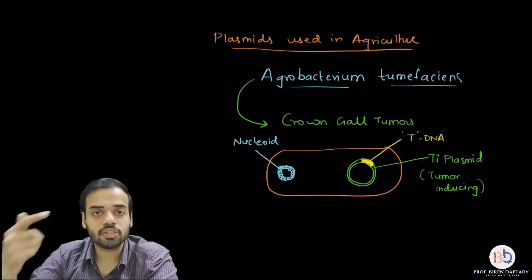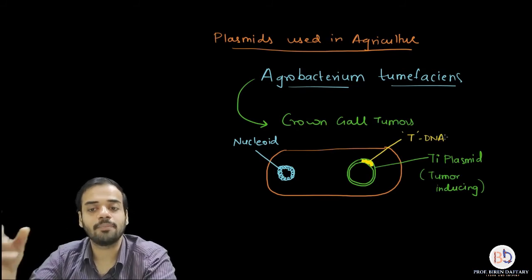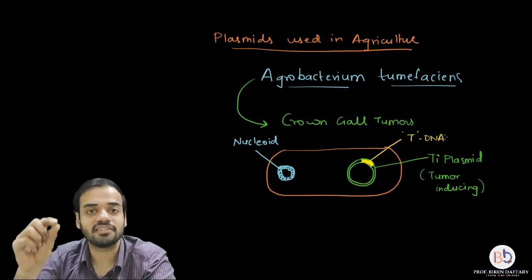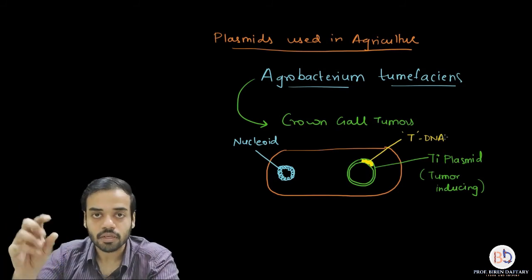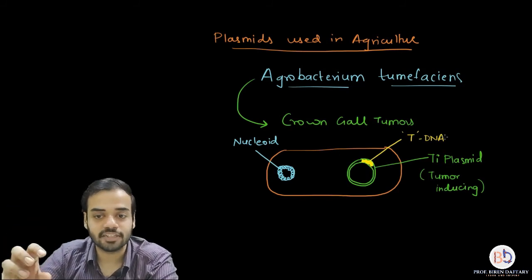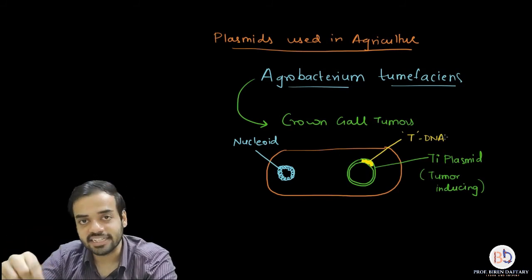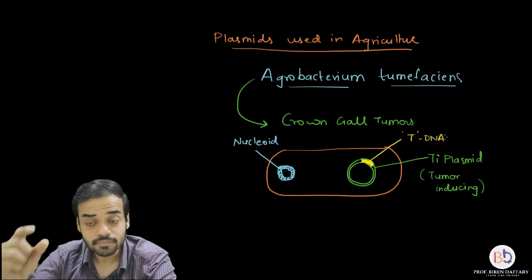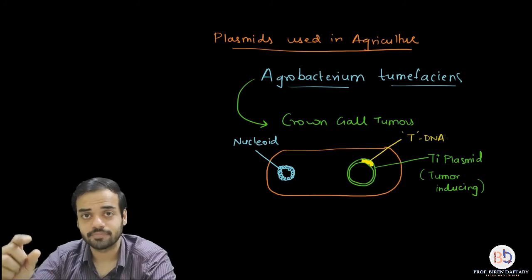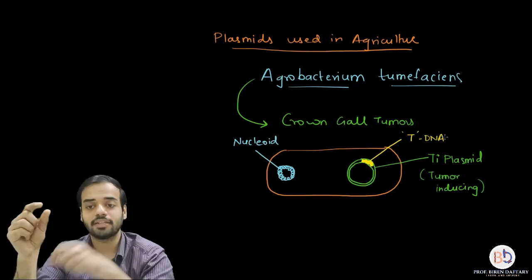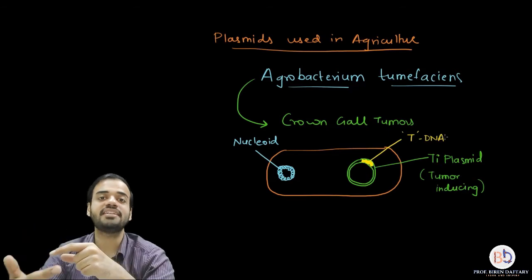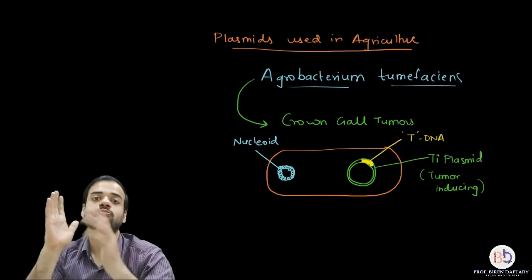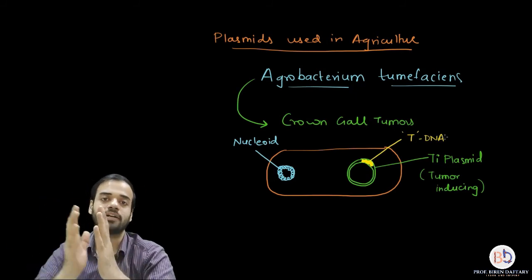How does it do that? It does it with the help of a plasmid called the Ti plasmid, and inside the Ti plasmid is a gene called tDNA. When the Agrobacterium infects the plants, it releases that Ti plasmid into the host genome, into the genome of the plant. Inside the plant cells, the plasmid will release tDNA, and that tDNA is the destroying agent. It causes the tumors to grow. It mixes with the chromosomes of the plant cell.